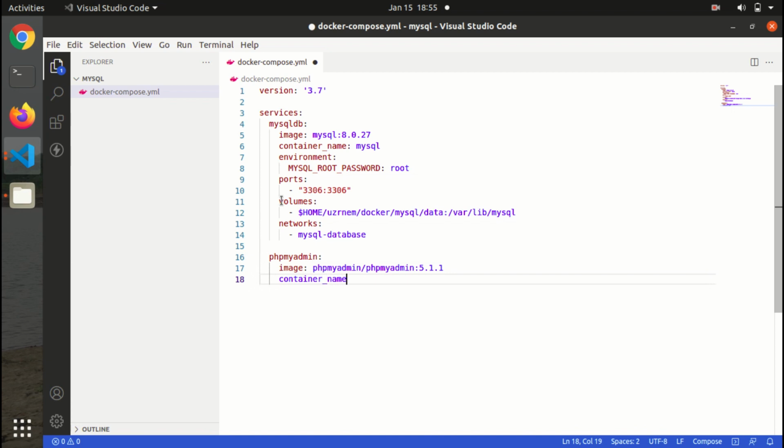Container name will be MySQL admin. In environment variables, we'll pass login details of MySQL. So we'll pass host as the service name of MySQL,